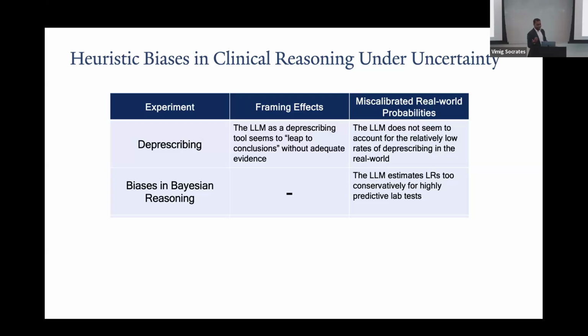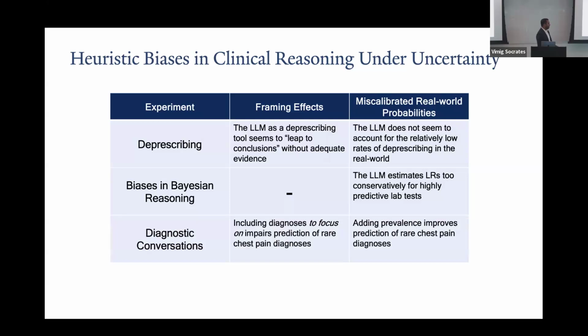Okay, and then biases. So we didn't have framing effects there, but we did see miscalibration of probabilities associated with the lab testing. And finally, we saw cases where if we remove the information associated with what diagnoses we're interested in, that seemed to improve performance as well as the prevalence. So I just had a couple ideas on how we can use this information to potentially improve LLM reasoning in